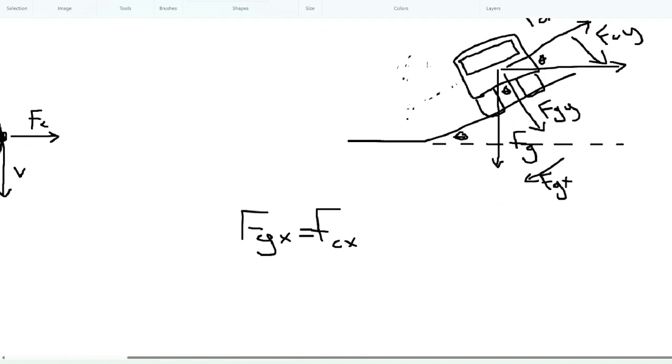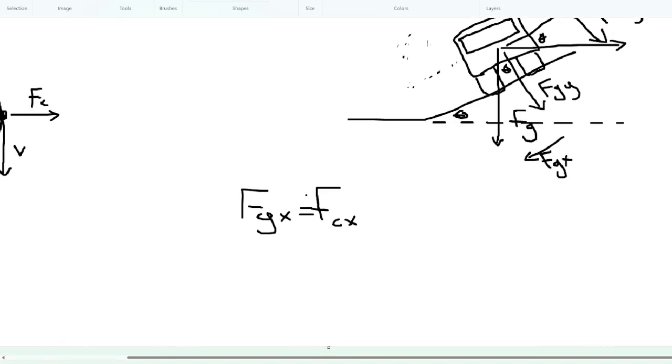So let's go ahead and break this down. I encourage you to go ahead and try solving this for yourself really quickly. Come back in 1 second. Okay, here we go. So FGY is going to be equal to the mass of the car times the gravity